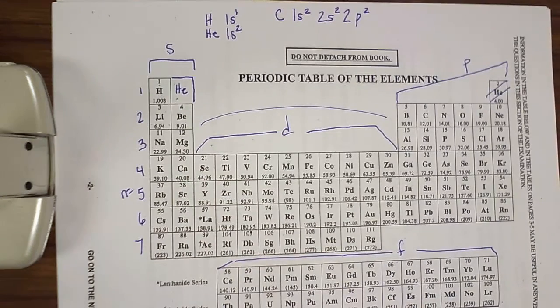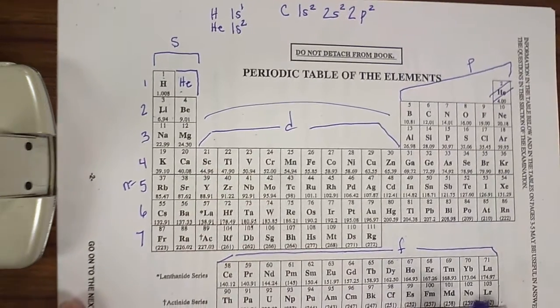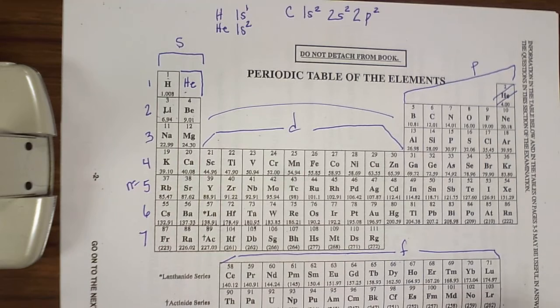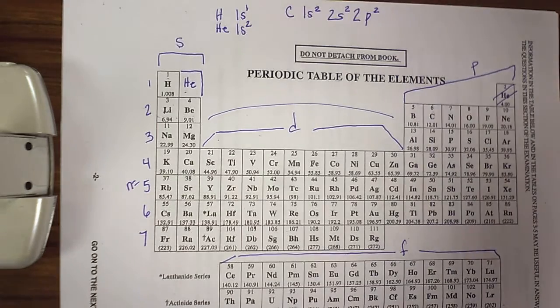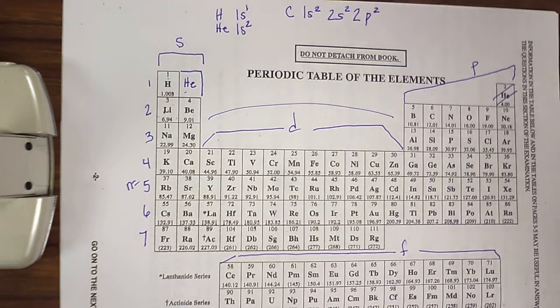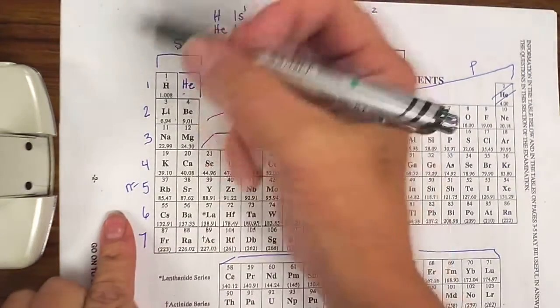Okay, so we're going to be looking at what we started yesterday. And what we're doing is, where are the electrons in the atom? And that's what we started yesterday. Where are the electrons in the atom? And the first thing that we started yesterday was we put the principal